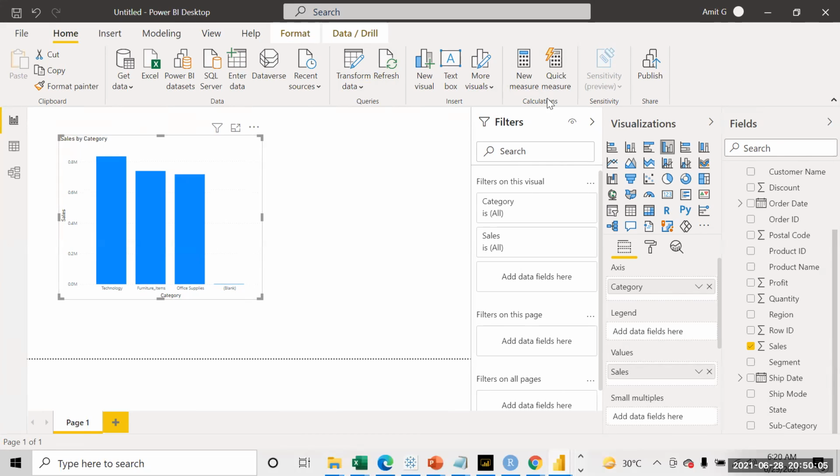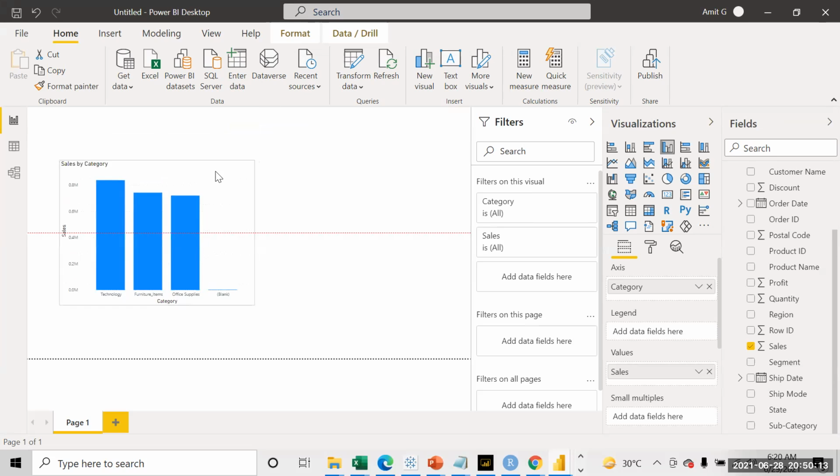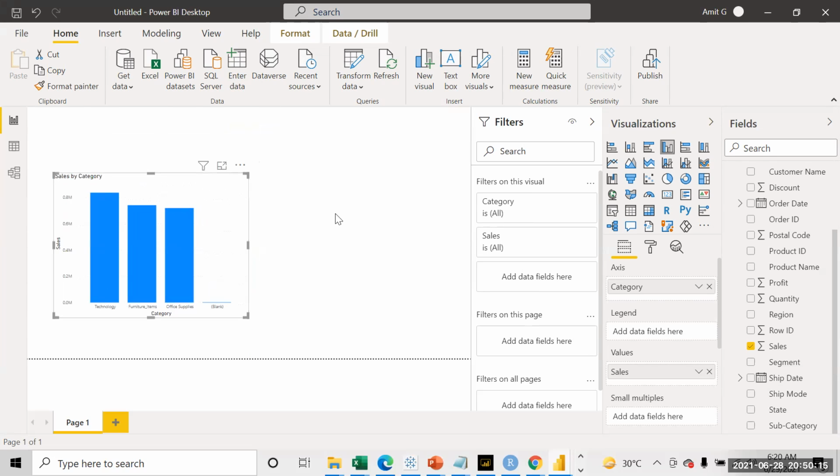So this is the way you import the data from a SQL Server. Now you can just start making any of your charts that you want. You can save it and you can publish it. So you can also publish these reports the same way, the way you would like to do it.